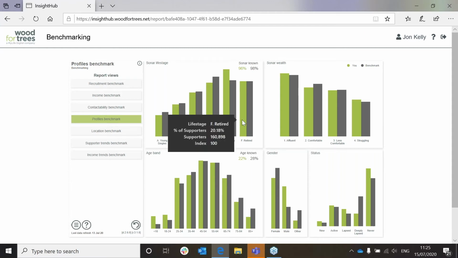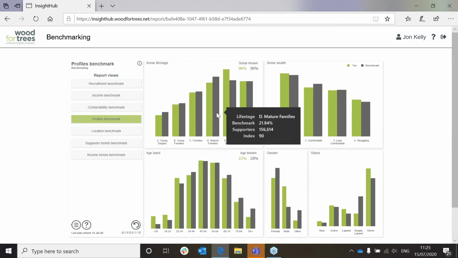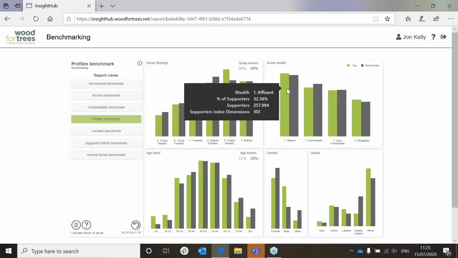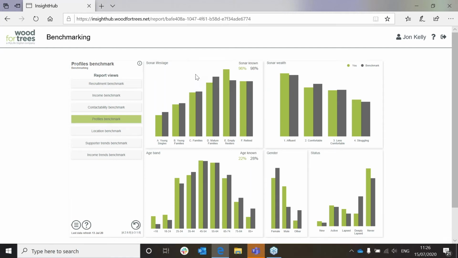So what I can see here on my overall file is that the profile of the sector as a whole is very skewed towards the more mature end of the market and the wealthier end, as I'm sure we all know and understand. But my charity in particular does really lean into the mature groups, less so around empty nesters, but also into the affluent